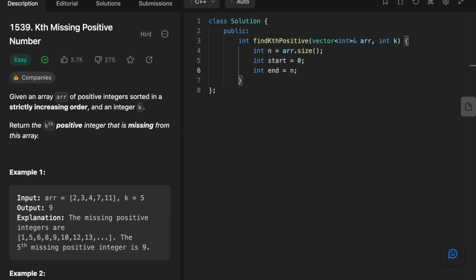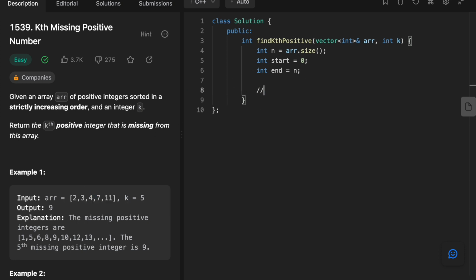How we are going to tackle this problem is very easy. Suppose we have this array and we have to find k equal to 5. So the kth missing element is the fifth missing element, and as you can see, the fifth missing element will be nothing but 9, because it's the fifth element which is not present in the array. To find it, we point to this element as start, and here the imaginary element as end, and then we will get our mid,